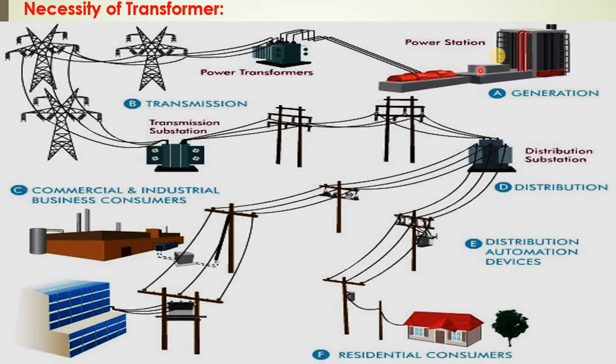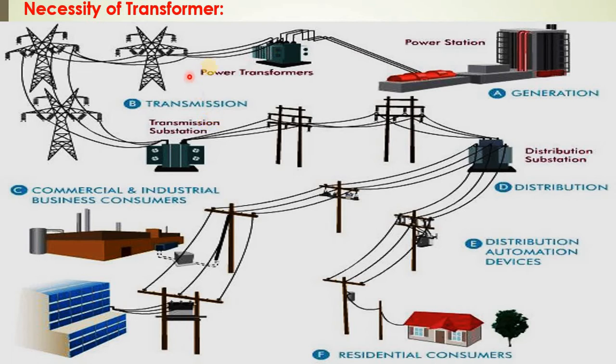In this power system, the flow of power from generation to the end user has various steps. The power has to be transferred over a long length by the transmission line, because the generating stations, that is the power stations, are located far away from the end user. As we have to transfer the power over several kilometers of transmission line, we have to transfer the power in an economical way.